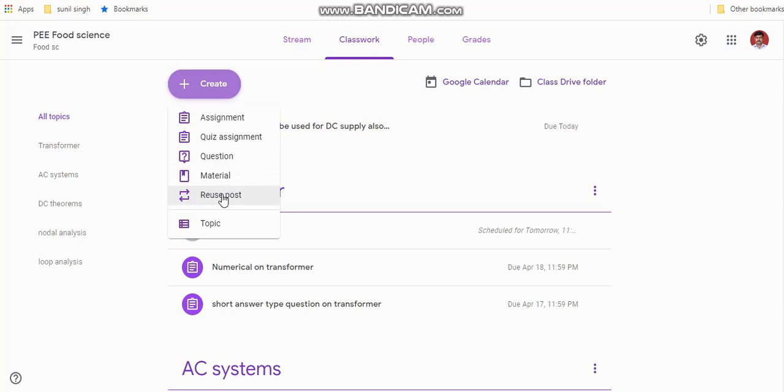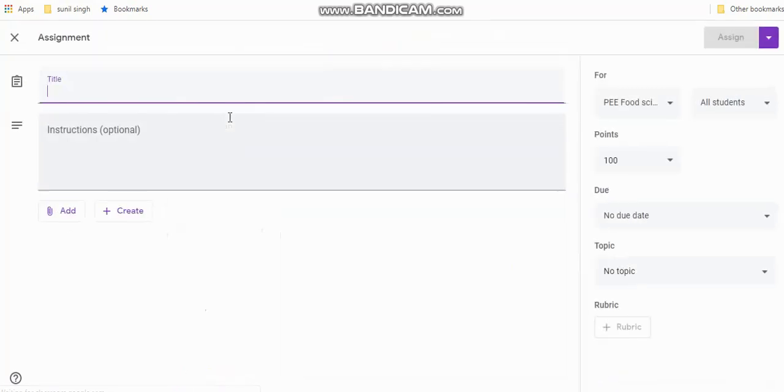Suppose you have already created the assignment and want to repost it, then you can use this one. So suppose we click the assignment, then for this assignment you need to insert the title, and instructions are optional if certain instructions are to be given.